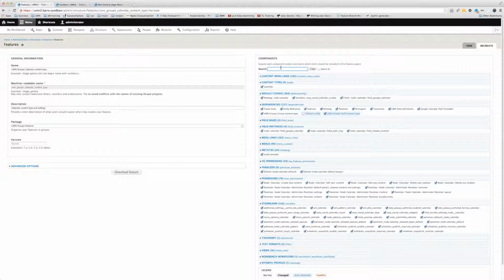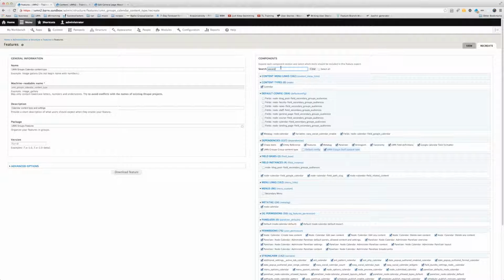I'm not going to do that here. One of the nice things about features is that it integrates with the diff module, that's DIFF. So what that can do is actually show you the difference in the code that would be exported when you export this feature. If I click recreate,